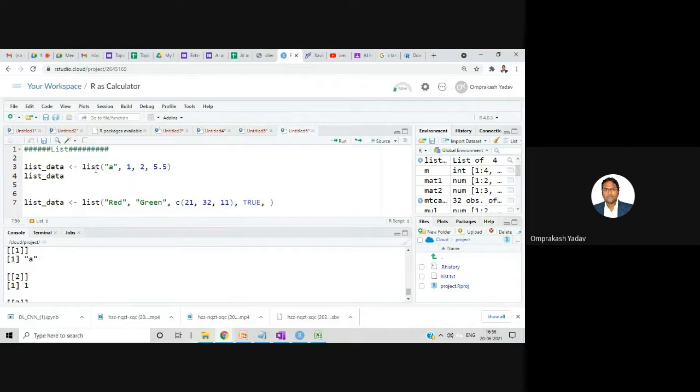Then we can have more. So this itself is one vector of numeric data inside a list, and TRUE is the logical data. These are all numeric data. This is character data. It's a combination of all. Let's try to execute and display it.